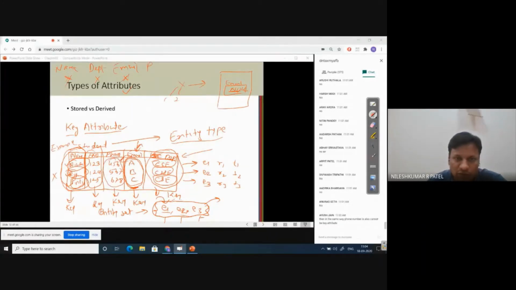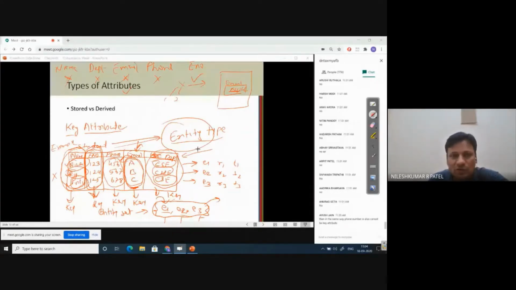So phone number also sometimes may not become a key attribute. But while you are enrolling to this university, you will be given one enrollment number, that is for sure, and this enrollment number is unique, right? That is why, by looking at this entity type and each and every attribute, you can say that enrollment may become a key attribute.